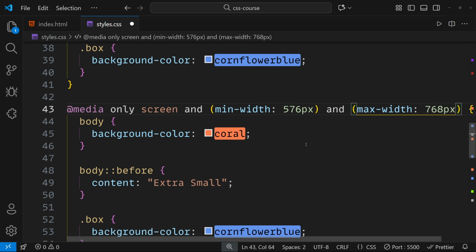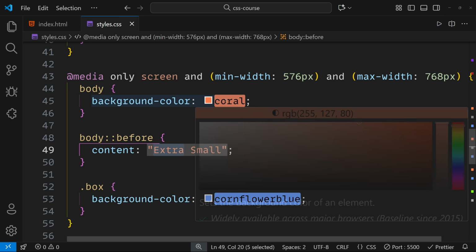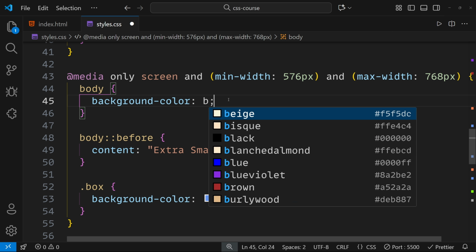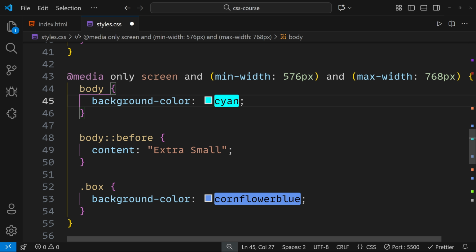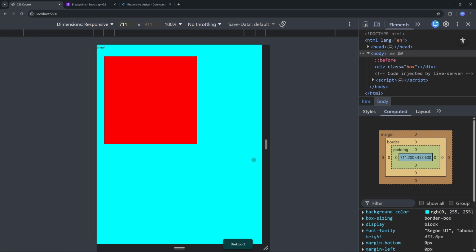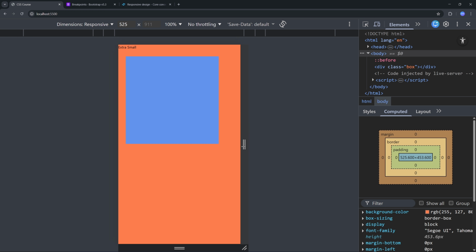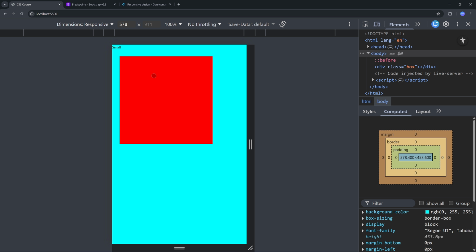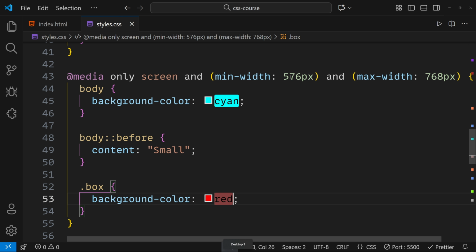768 pixels. Hit save. Okay, now change the background color to something like blue or something like cyan, and we will just write small here. Okay, so that it is visually changed. And for this box, I'll do something like red. Okay, all right. So here, as you can see, it is now small. So we have extra small, and we will just go a little bit more. So we have the 576 pixels here. Okay, so min width, and the max width is 768 pixels. Okay,